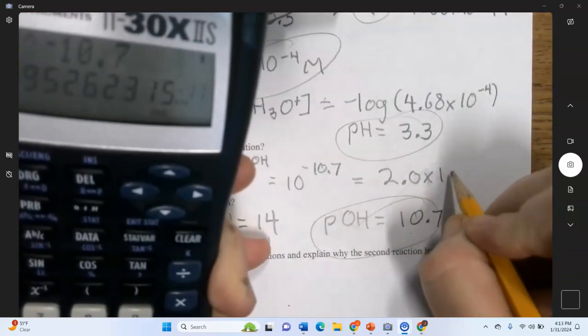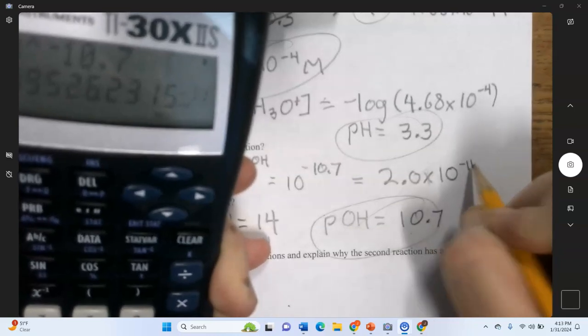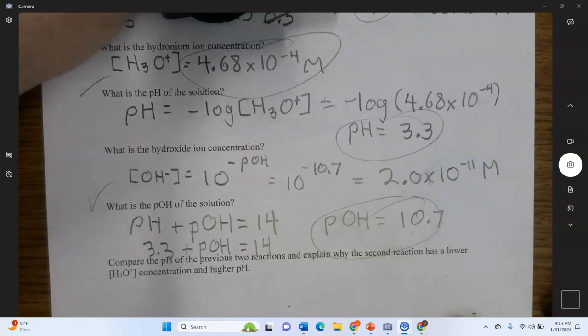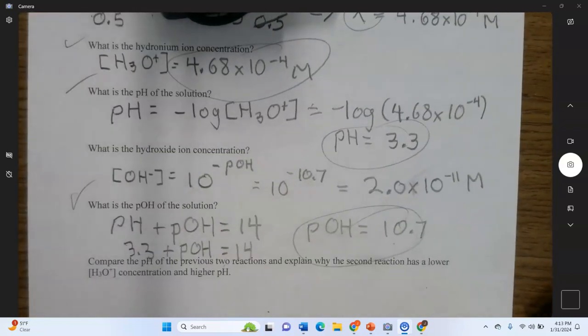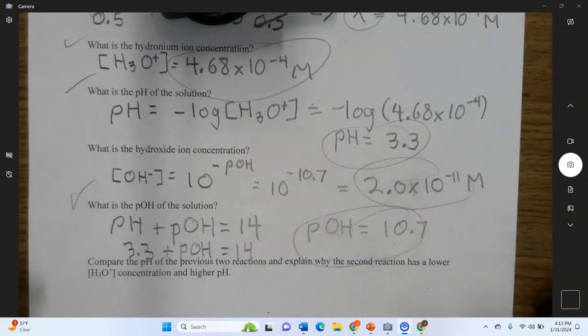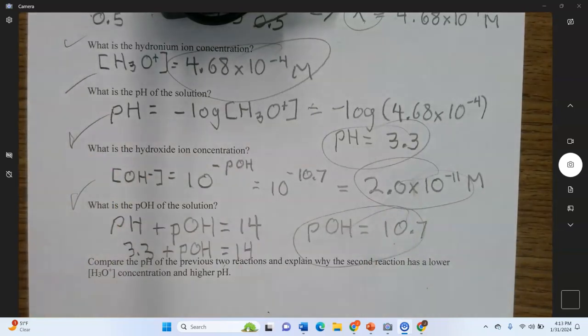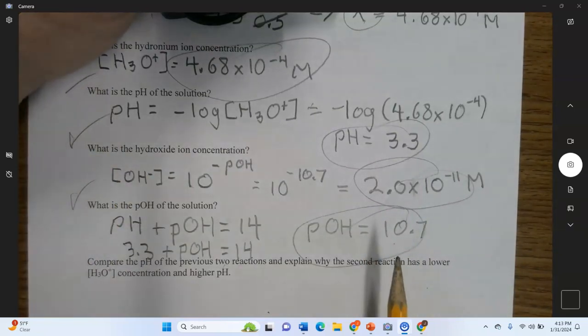Concentrations are always very small numbers. 10 to the minus 11 molar. Okay? Well, I hope that's what I came up with in class. If it's not, we'll work it out. Okay, so you got all 4 of the different parts that you want to figure out. Now the question is,